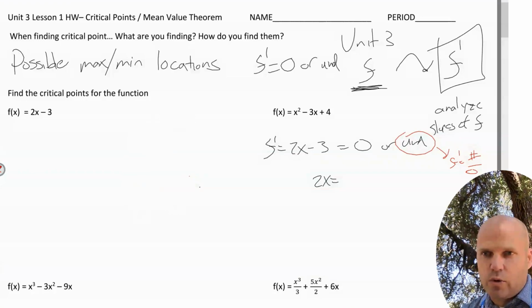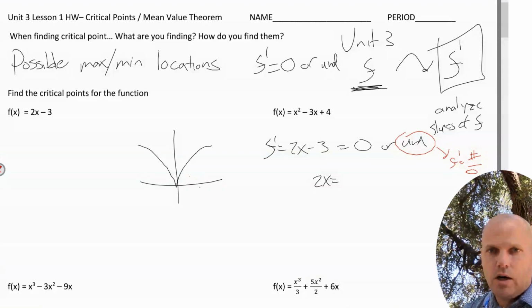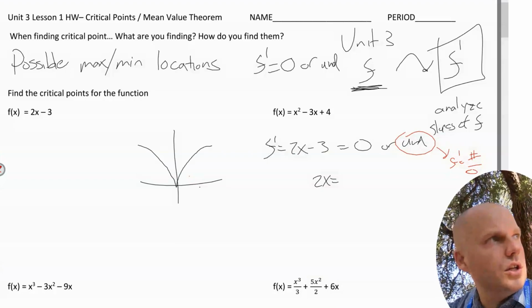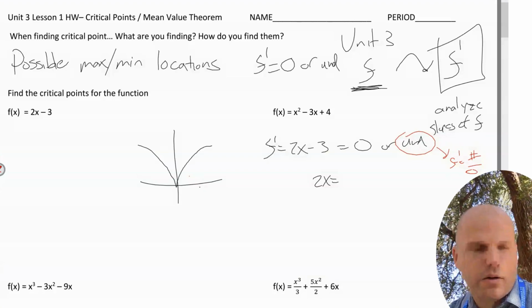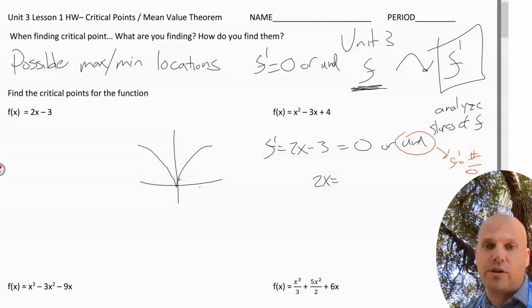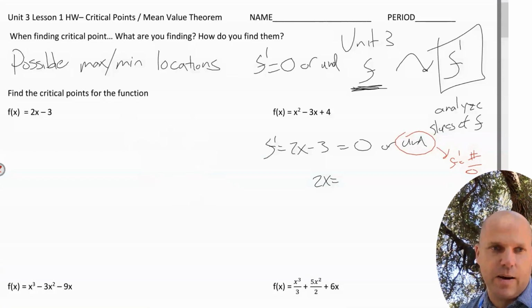There are situations where we could produce a sharp point. I can think of one type of function that creates a sharp point. The cube root of x squared looks like that. So sharp points sometimes will be mins, and you will see zeros for derivatives in the denominator there.